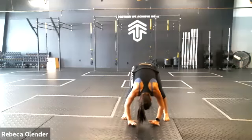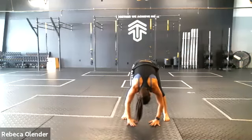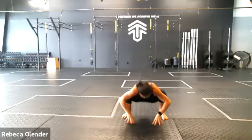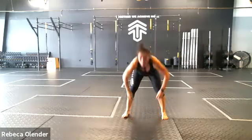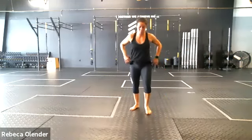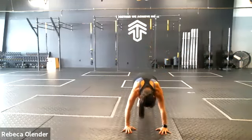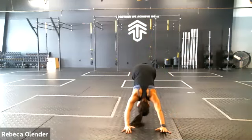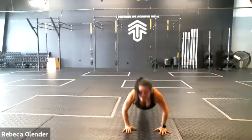8 seconds. Back into those beautiful push-ups that we were doing before. In 2, 1, and switch. Let's go back into the plank. Last round of these. Step in. Lift the chest, lift the hand. You know the sequence. Lift the hip. 1 push-up. Back in. Step